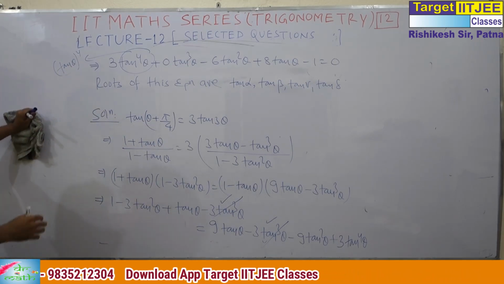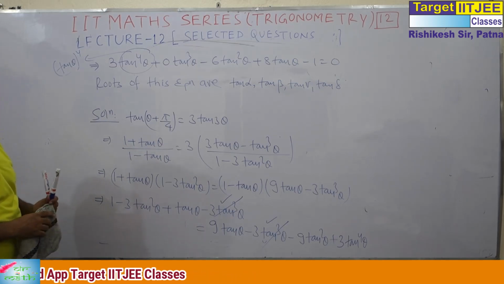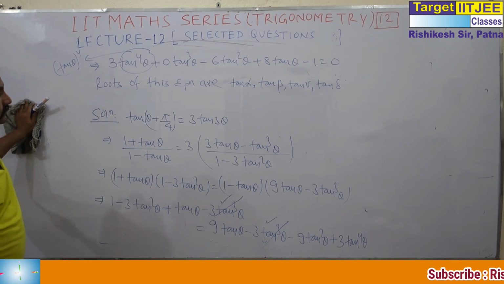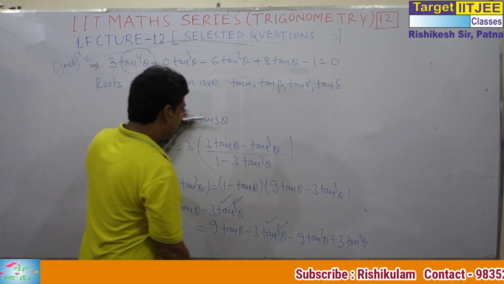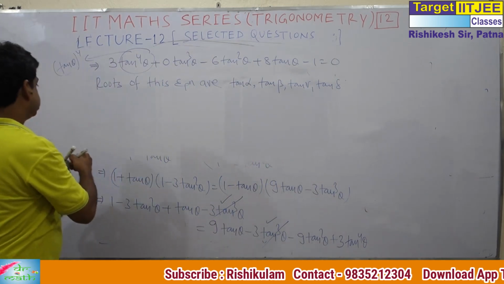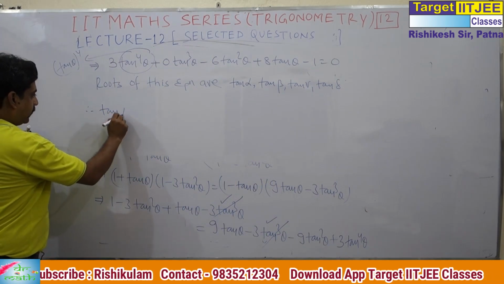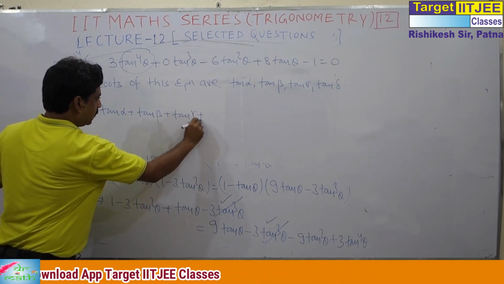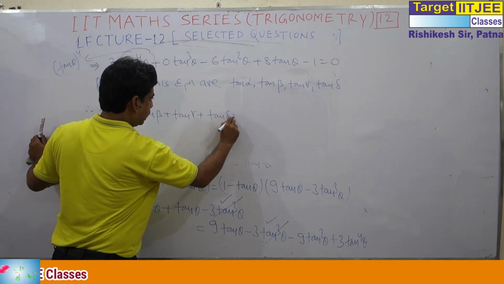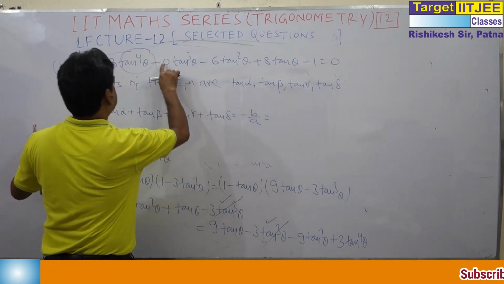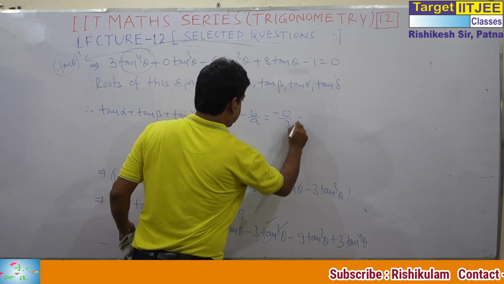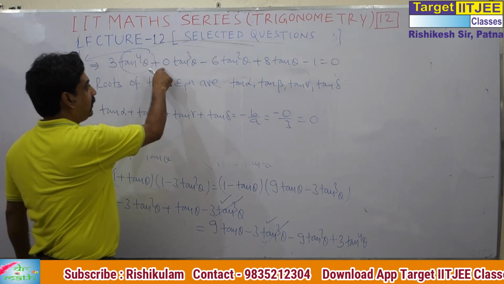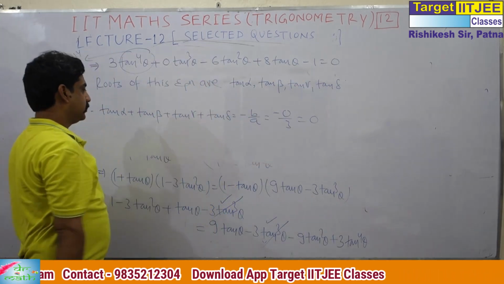If you want to write, you can write it. This is a question on theory of equations. What is the sum of roots? Therefore, tan alpha plus tan beta plus tan gamma plus tan delta is minus b by a. This is 0. That's why I have written 0. Write all the four terms a, b, c, d, e. So b is 0. That is the first one.